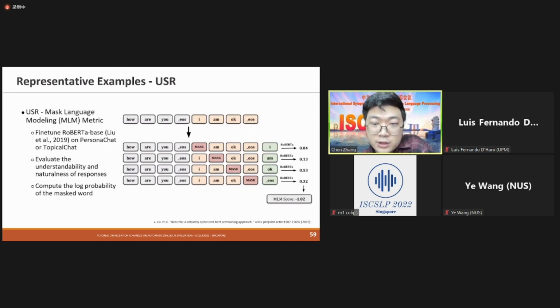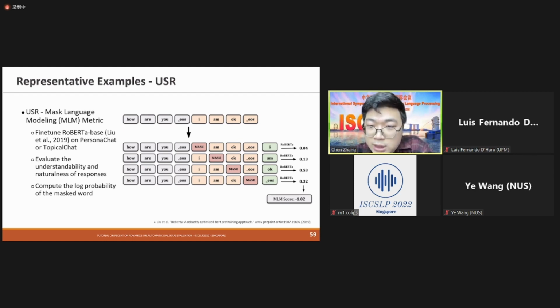So after the first contribution of introducing the USR dataset, they propose the USR metric. Basically, the USR metric consists of 2 parts. One is the masked language modeling, the MLM metric, which is used to evaluate the understandability and the naturalness of the response. What they do is fine-tune a RoBERTa-based language model on the Persona-Chat or Topical-Chat dataset. Then after that, they try to